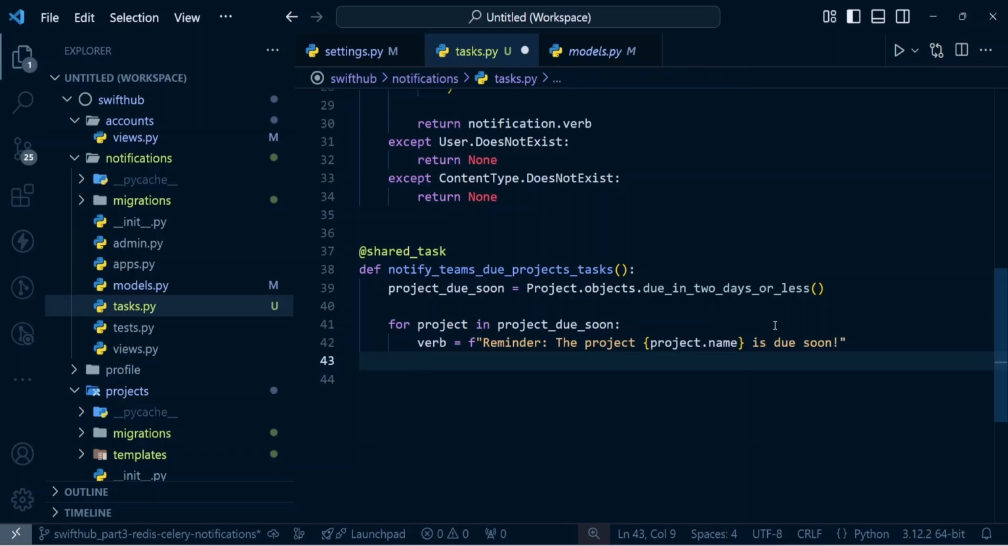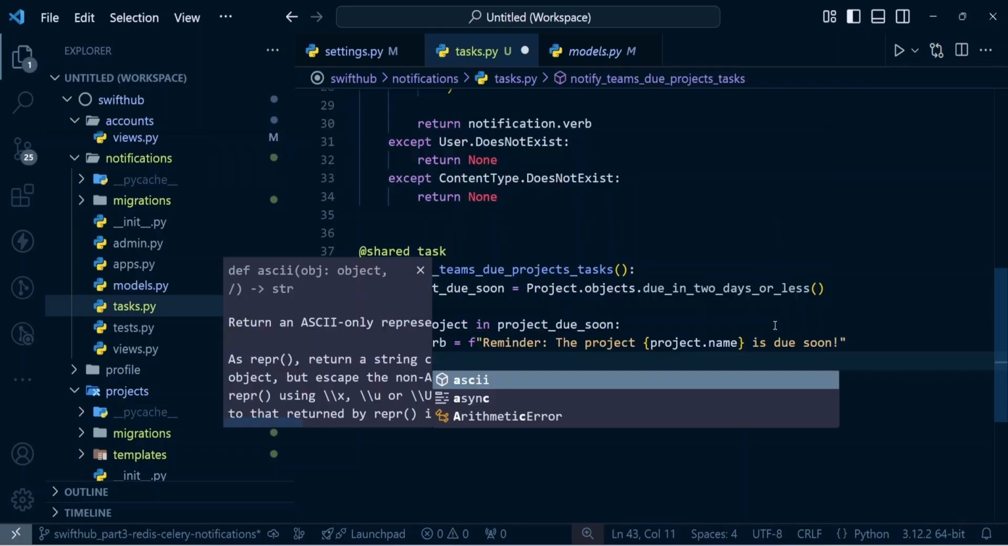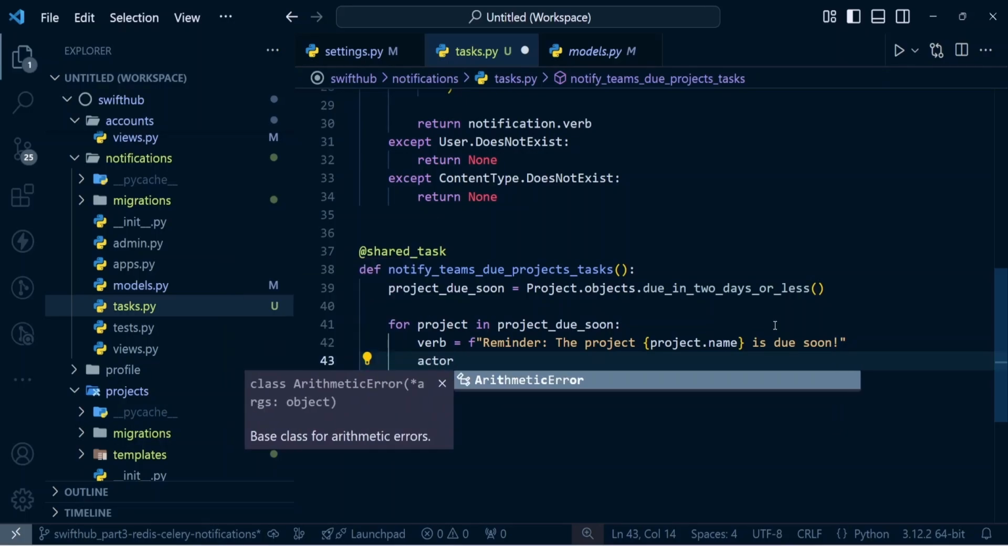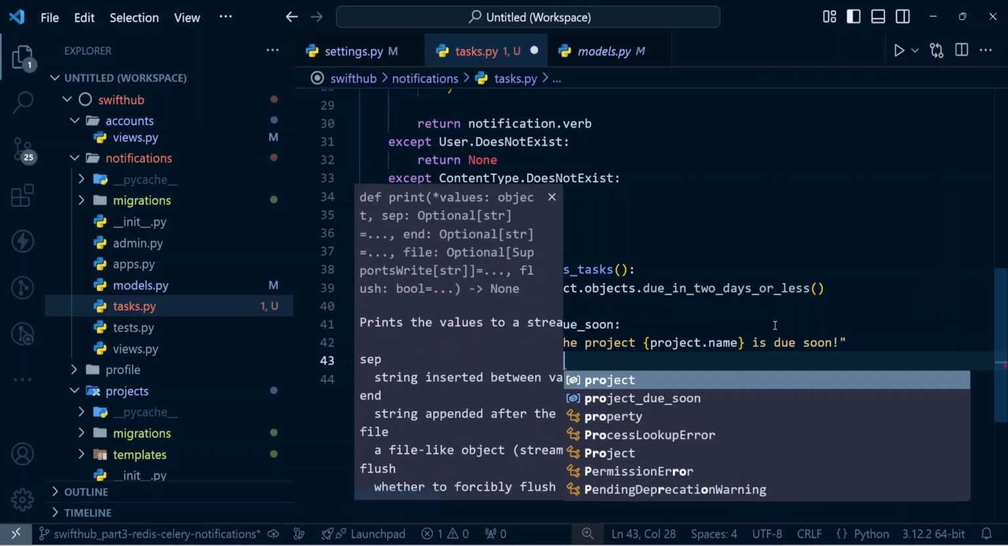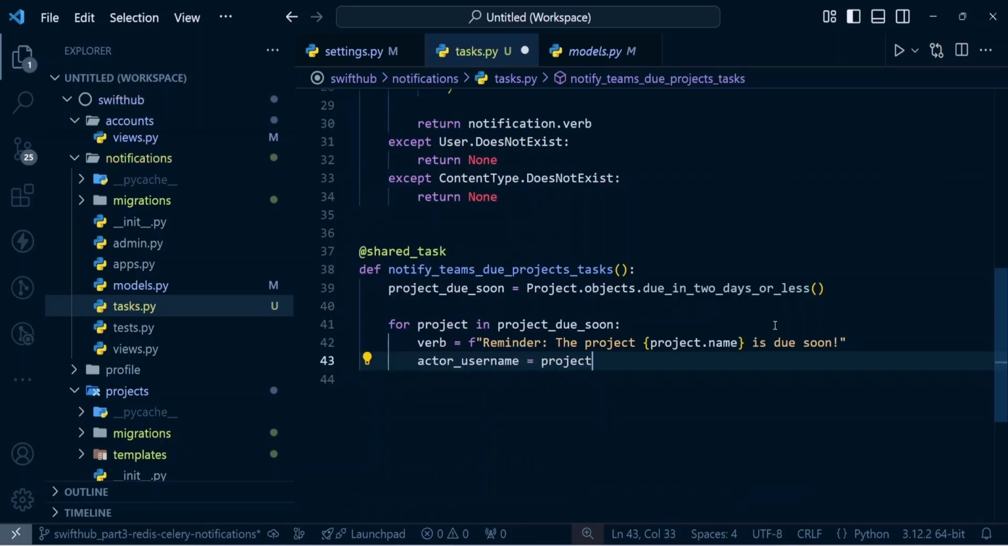And now that we have this, the next thing to do is to get our actor_username. So we say actor_username is actually going to be equal to project, the project that we have actually queried for, .owner.username like this. So this is actually going to give us the username